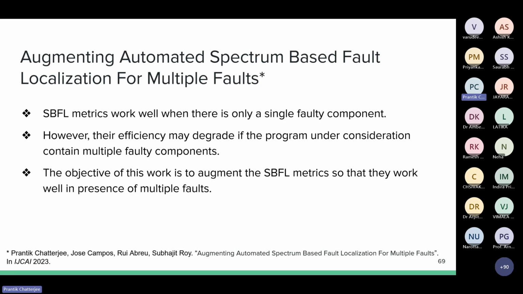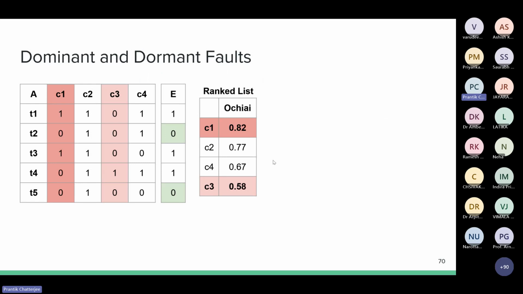The problem is, as I have said, in real life most of your assumptions will not hold. So in this case, what do you do? In those cases, you will still get some rankings. In some cases they are also good, but they are not as good as we can actually make them. So improving the quality of fault localization was one of our efforts.